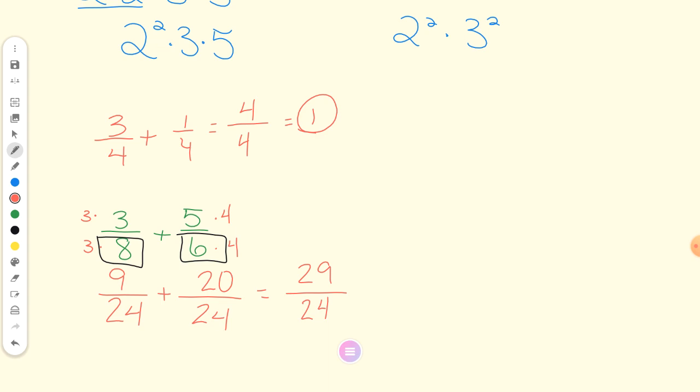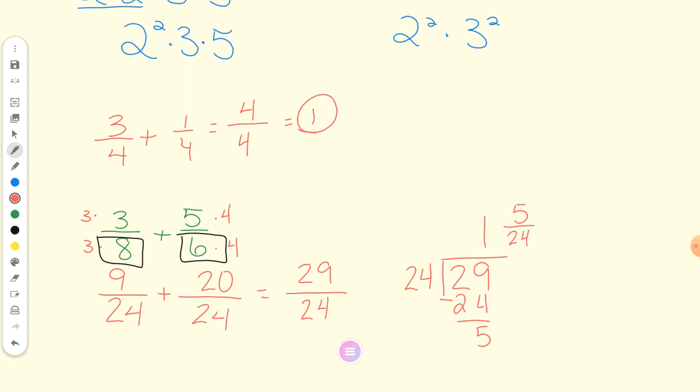Ooh, how do I change that to a mixed number? Because right now it's an improper fraction. Sadie. You divide it? Divide. And guys, we're dividing and writing our answer as a fraction. It's the same thing. The numerator goes underneath the box. How many times does 24 go into 29? Once. Instead of writing 1 remainder 5, we write 1 and